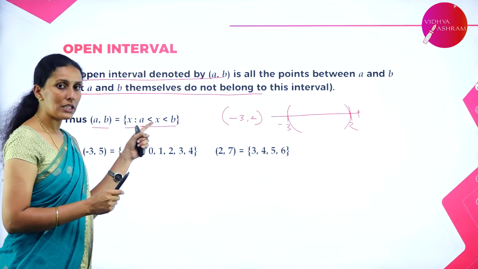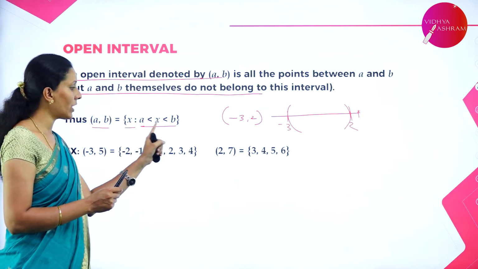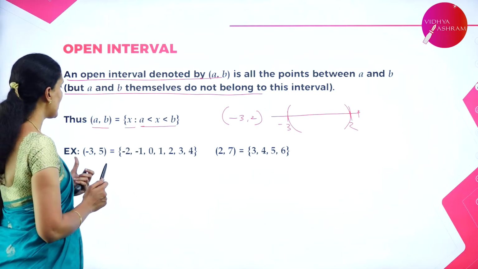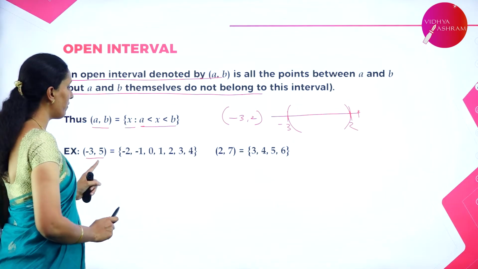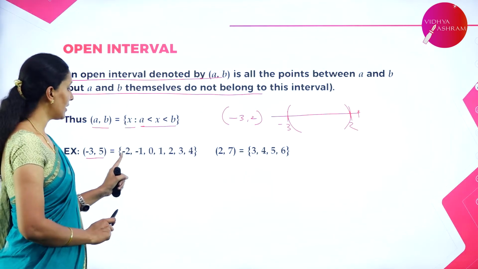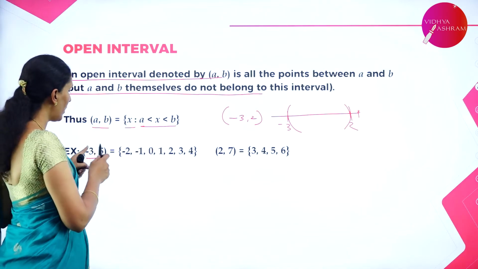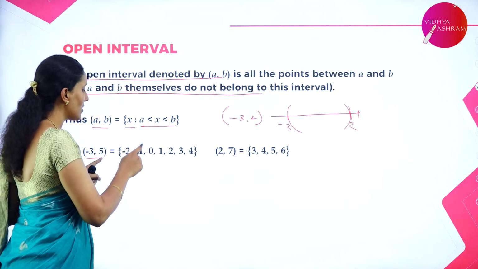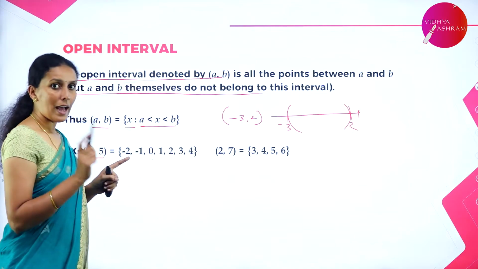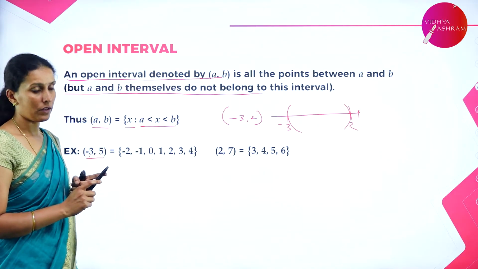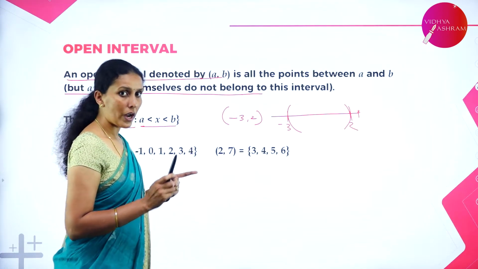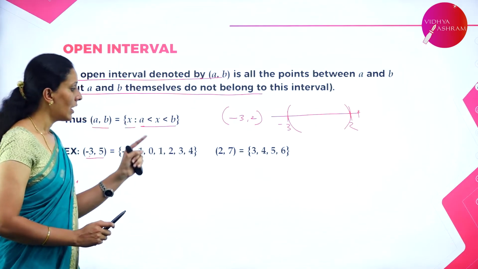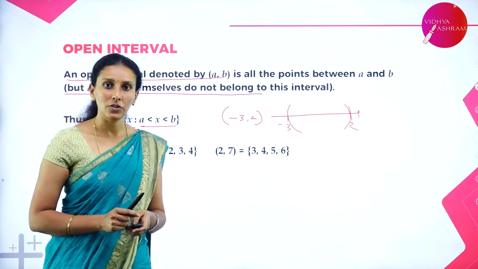We have already written this in the set builder form. When I say the numbers between a and b, you should write only the numbers between a and b, excluding a and b. Here is an example I have taken, (-3, 5) in the form of integers. If you take (-3, 5) in the set of integers, not real numbers, then I can take -2, -1, 0, 1, 2, 3, 4. I cannot include -3 as well as 5 here. When I say (2, 7), you need to write only the numbers between 2 and 7, that is 3, 4, 5, 6. So, like this, you cannot include the end points of an interval here.